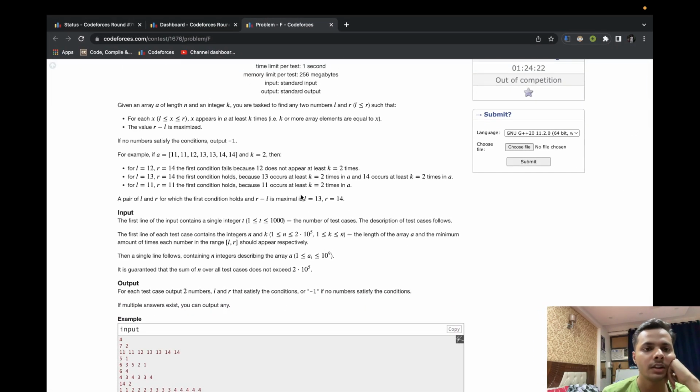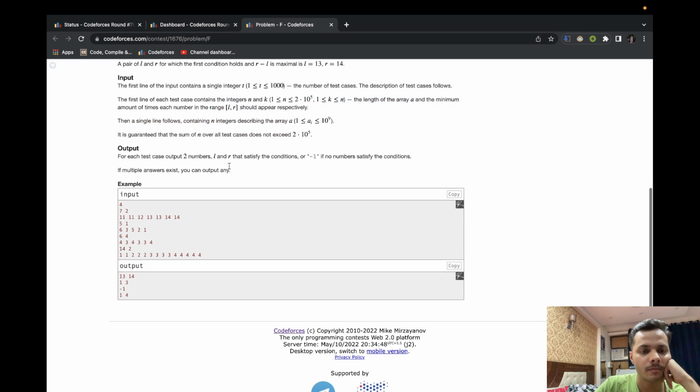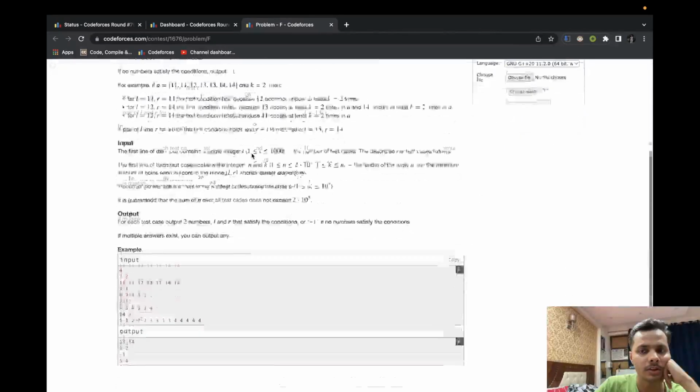So we have to find the largest segment such that the frequency of each element in this segment is at least k. Let's see. N is large, so we can't do something like a range DP. Has to be something easier than that.